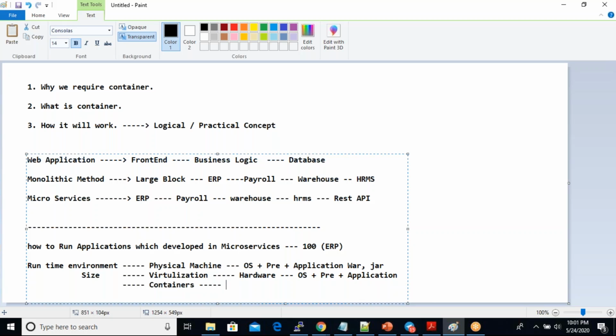Now let me tell you, container is not a new technology at all. This technique was completely designed and developed by Linux developers. So with containers, I'm not talking about Docker at all. I'm talking about containers. Container is a technique which is a much better way to run this particular application. Now people start getting confused about what you are saying actually. Okay, I will do it this way